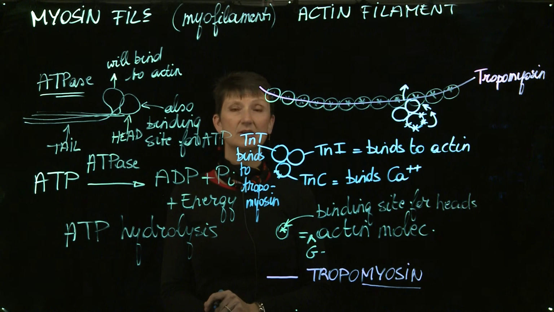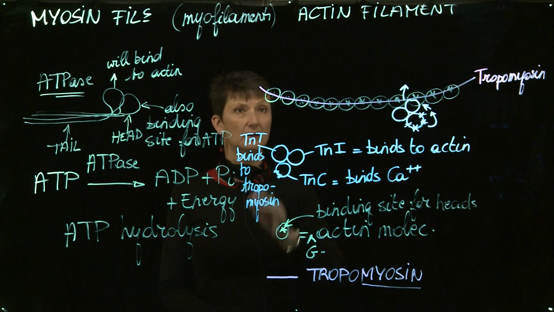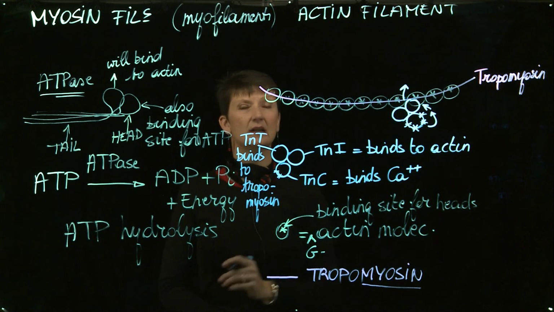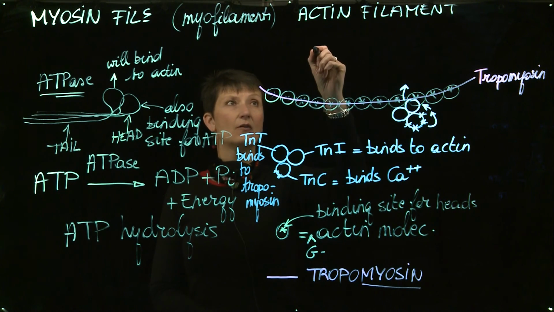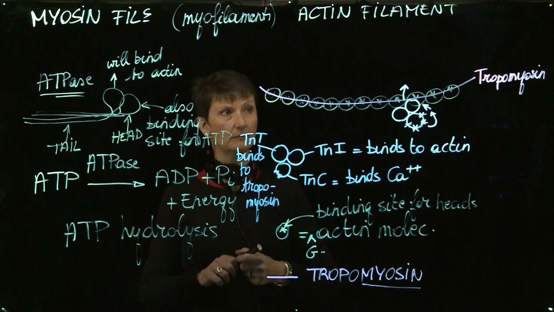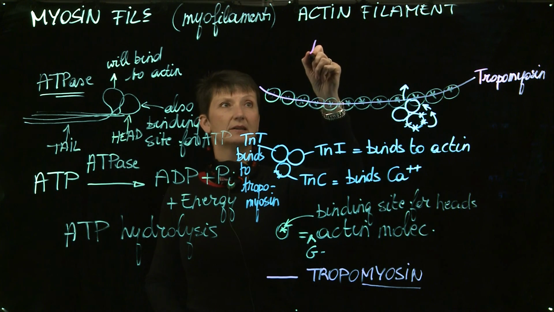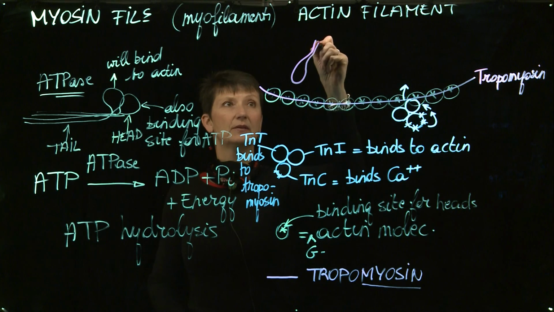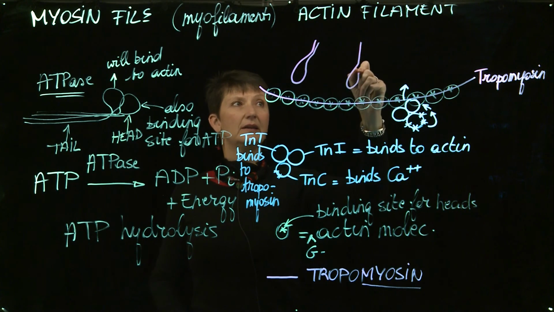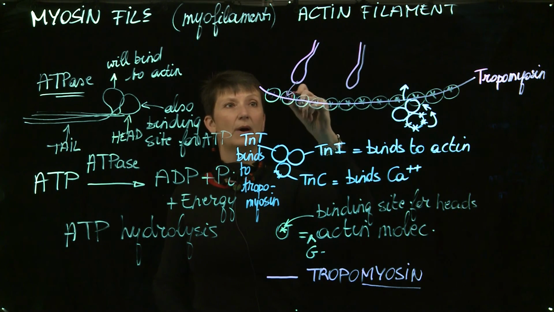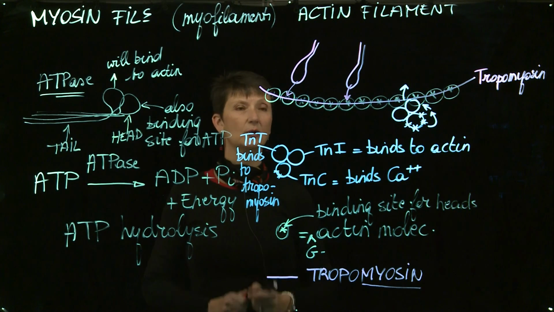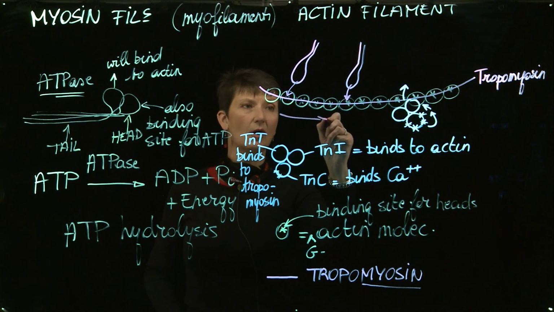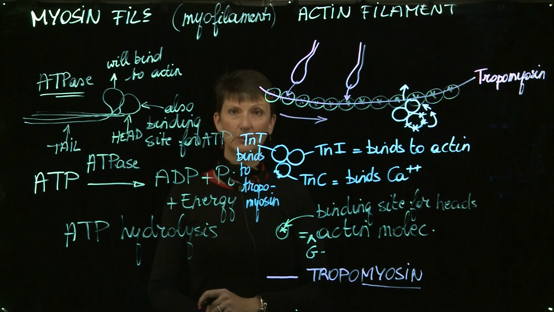When tropomyosin does not cover the binding sites of our actin molecules, we now will see that the heads of our thick filaments, so let's say that right here, this represents the head of a thick filament, and here as well, these heads are now going to be able to bind to these binding sites. And that's what allows the actin filament to be moved